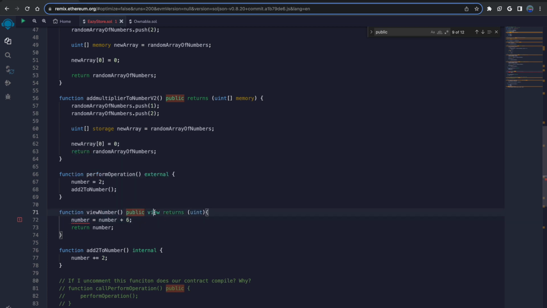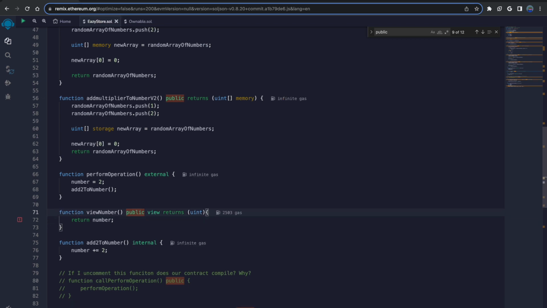I've declared this with the visibility of only being able to view. I didn't specify the ability for this storage or data to be modified. So that's what the view visibility modifier means. You are only reading data from a smart contract or reading data from the blockchain.